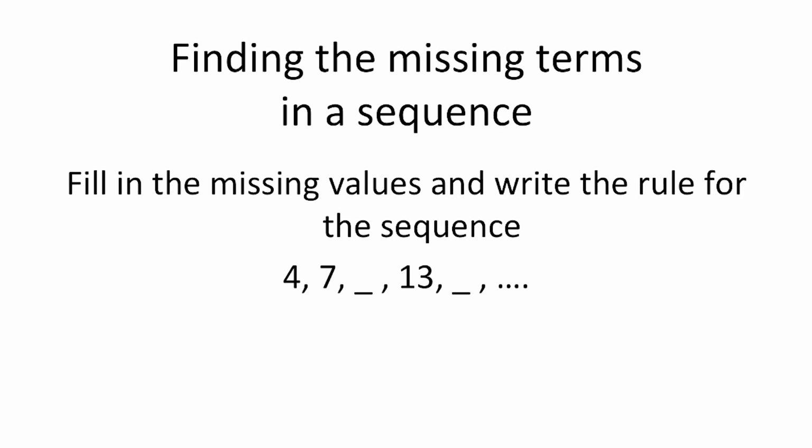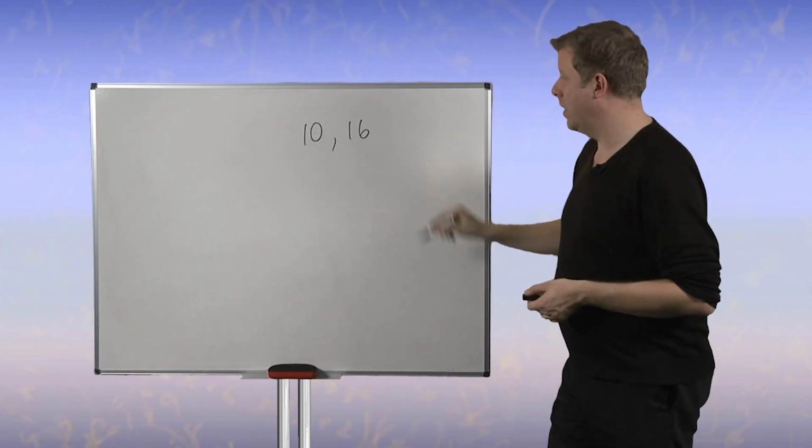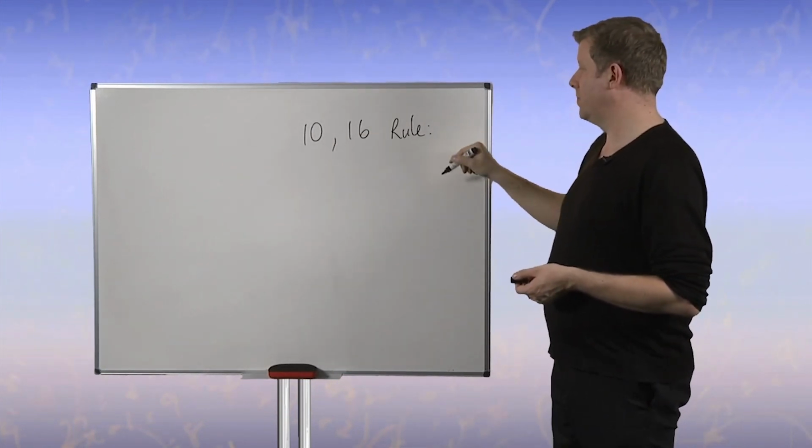So in this question here, we look first of all for the pattern. We can see 4, 7, blank, 13, blank, and so on. The 4 and the 7 is going to be the indicator for us as to what's happening in the sequence. You can see that it would fit if we added 3 each time. 4 plus 3 would give us 7. 7 plus 3 would give 10. 10 plus 3 would give us the 13 that was already there, and then 13 add 3 would give us 16. So our missing two terms would be 10 and 16, and the rule, if they wanted it in words, would be